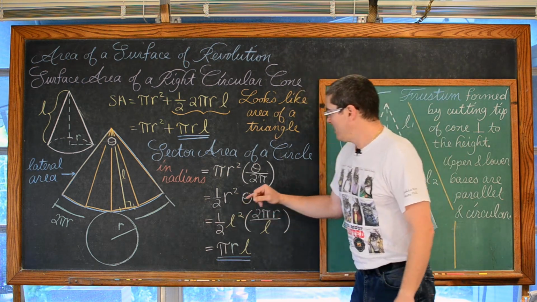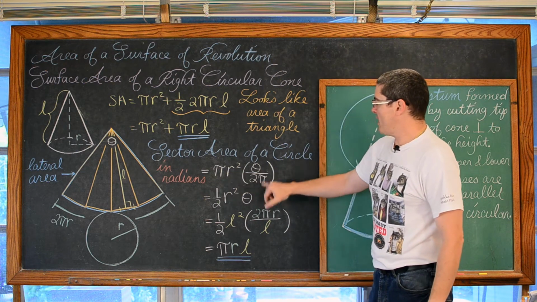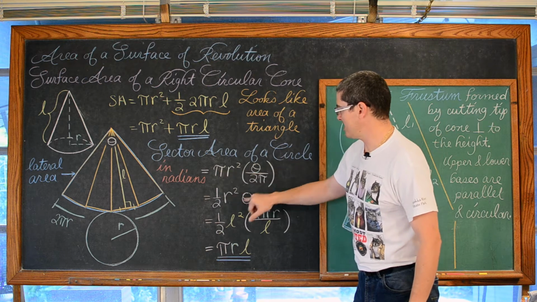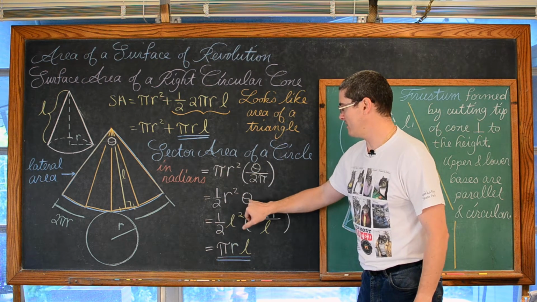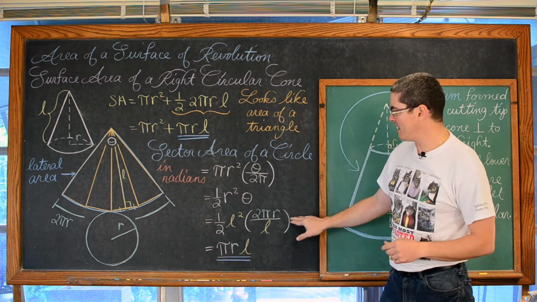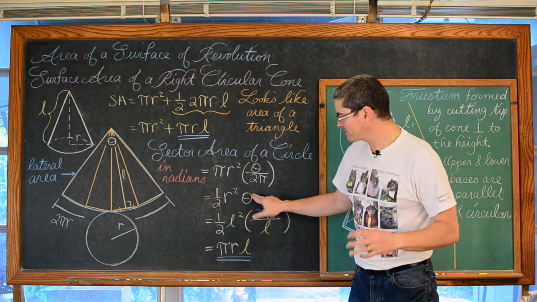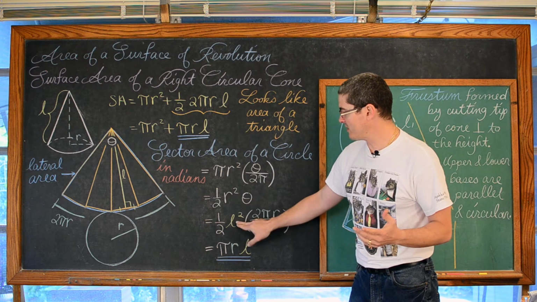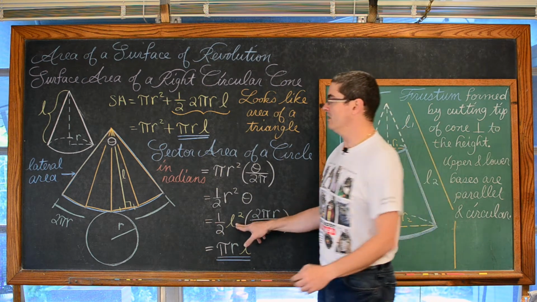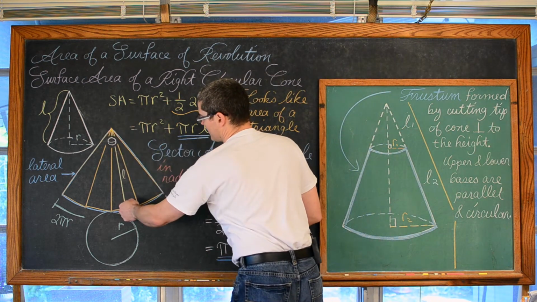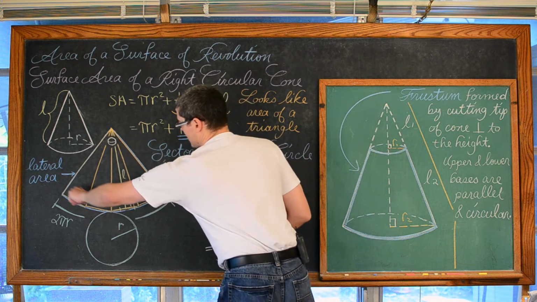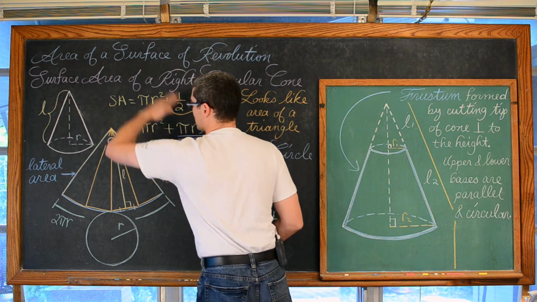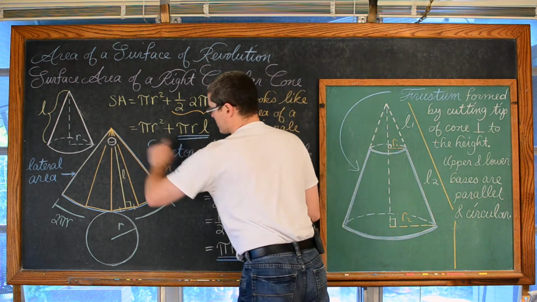So when you see this pi r squared times theta over 2 pi, well, the 1/2 comes out front, the pi's cancel out, and we end up with 1/2 r squared theta. But now in my second line, I've taken r out, because I'm just pulling this formula out of a geometry book basically, and I'm specifically changing the value of r to L. The slant height of this sector area becomes the radius of this larger circle that we're looking at here, and of course we're looking at theta there.